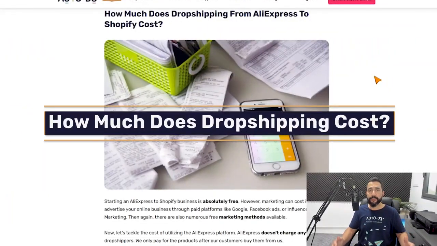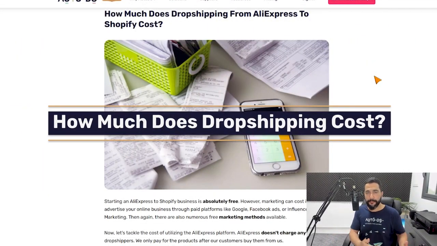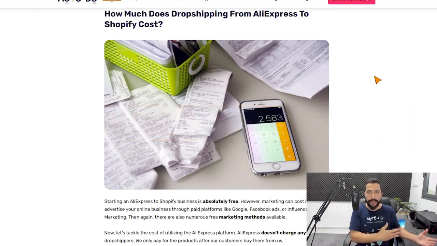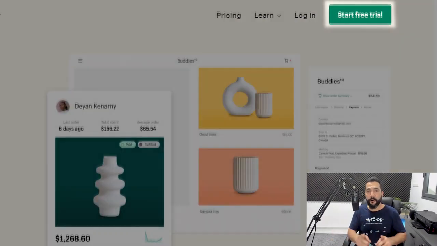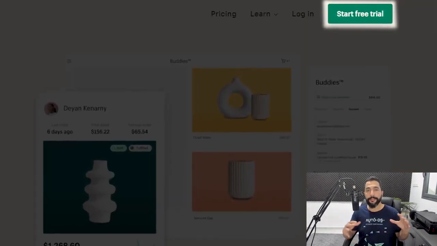How much does it cost to dropship from AliExpress to Shopify? This is a question that many people ask before they get started. So besides the profitability, what are going to be your expenses to start a dropshipping business, and how much is it going to cost to run it? Basically, to have an account in AliExpress costs no money whatsoever. Your only payment to AliExpress will be once you actually get orders and purchase from AliExpress and ship directly to your buyer. However, on Shopify, you have a 14-day free trial, and I'll leave a link to that